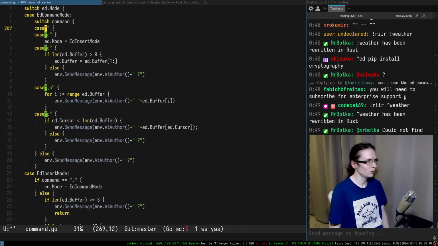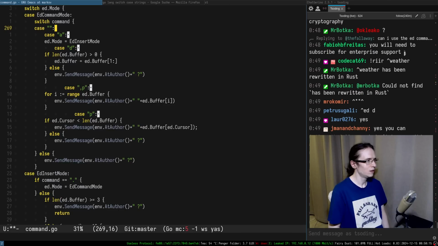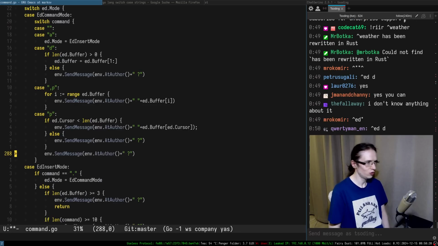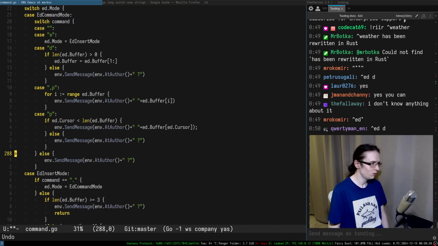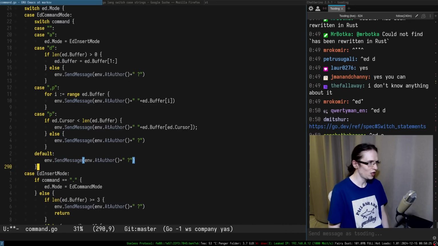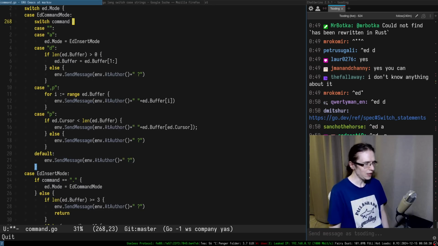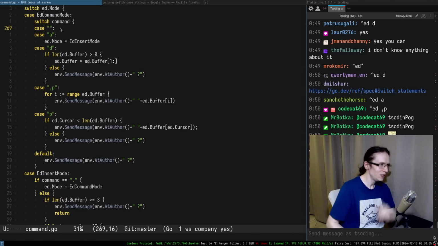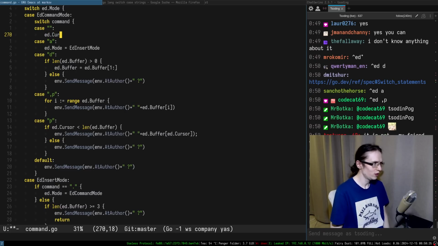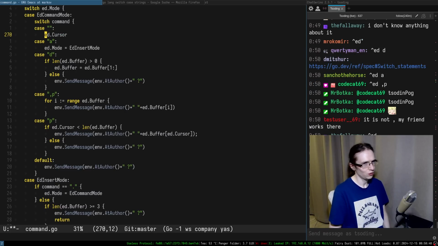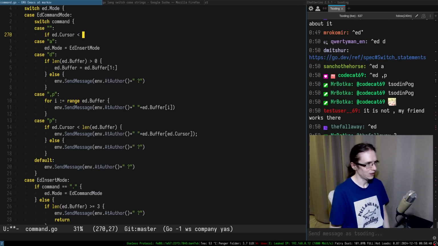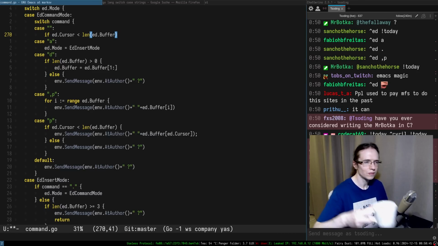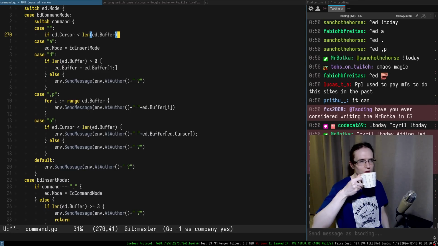So can I do something like that? So this is the case, and then boom, and that, boom. Can your Vim do that? Can your Vim do that? Sorry. I think I'm going crazy. So in this specific case, what we're doing is essentially cursor, right? So if cursor less than len ed buffer,